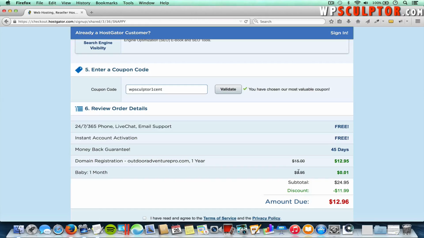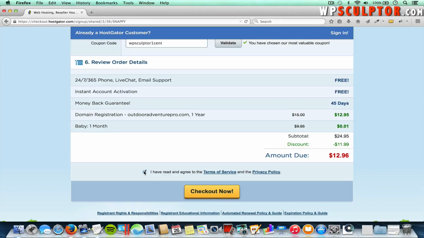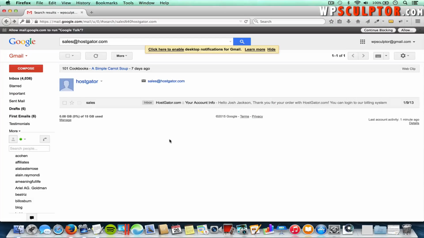And after that, you would be billed $9.95 a month as long as you continue to want your hosting account. And your total is going to be $12.96. Go ahead and click that you've read and agree to the terms and conditions, and click on Checkout now. After you've signed up for your hosting account, give HostGator about 15 minutes or so to set up